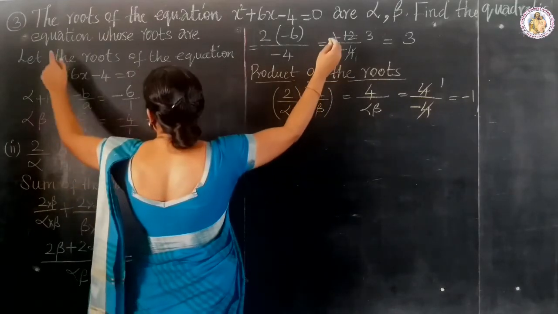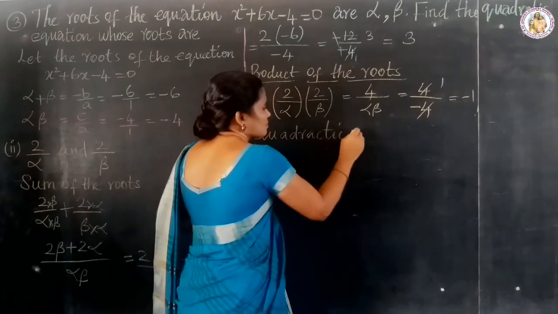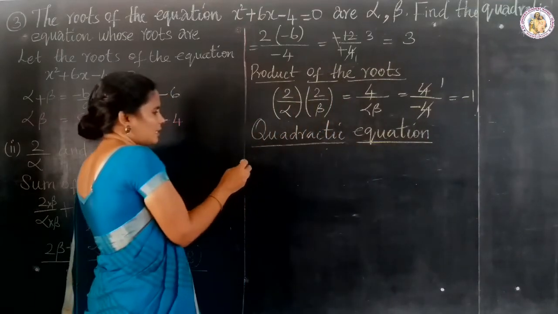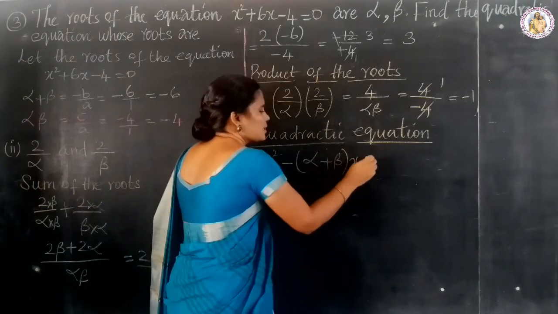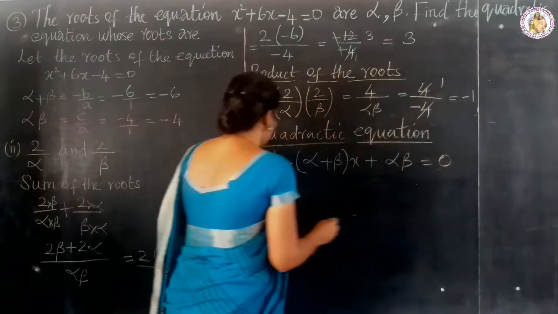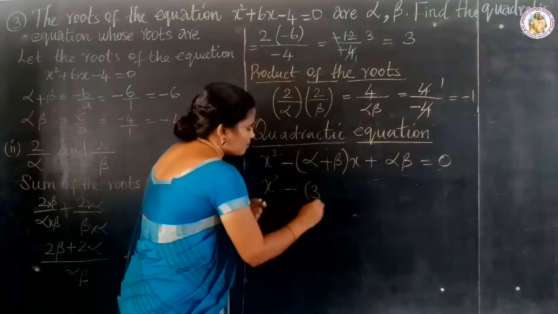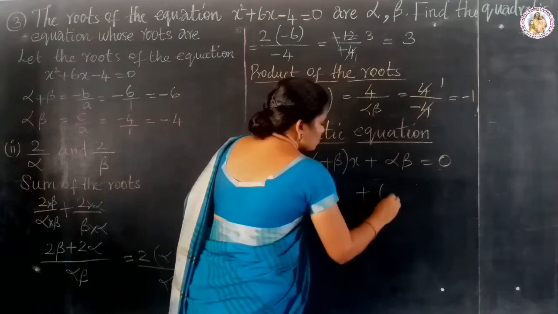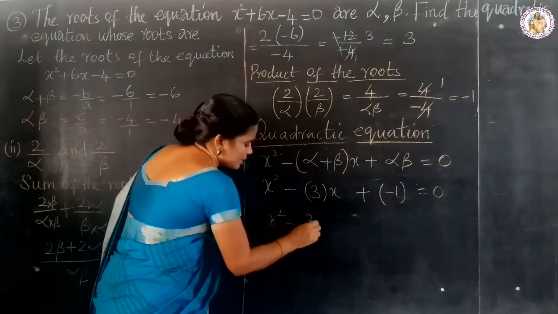And we are asked to find the quadratic equation. Quadratic equation: x square minus (alpha plus beta) x plus product of the roots alpha into beta is equal to 0. x square minus (alpha plus beta), it is 3, so 3 into x, plus alpha into beta, product of the roots, minus 1 is equal to 0. Now x square minus 3x plus into